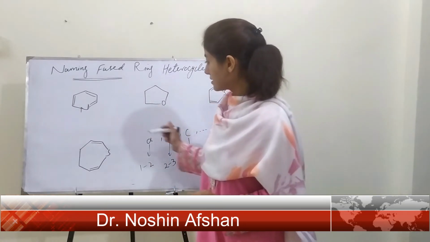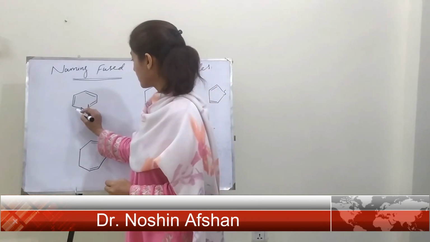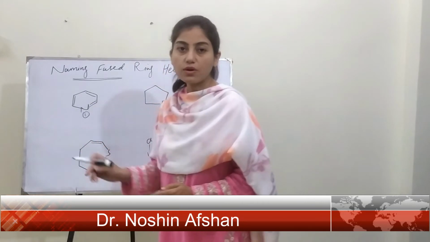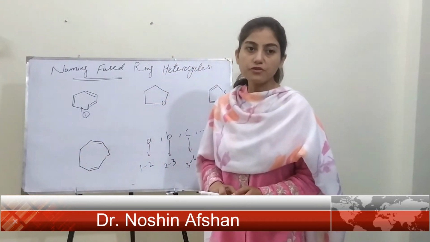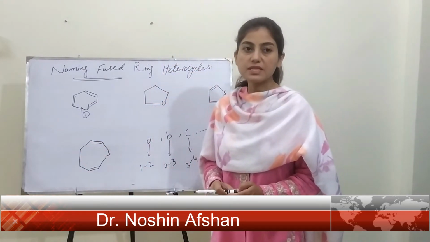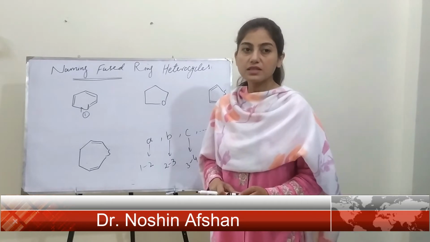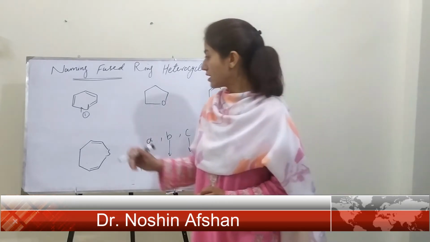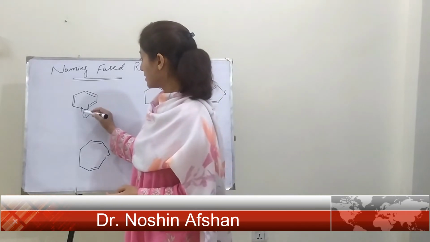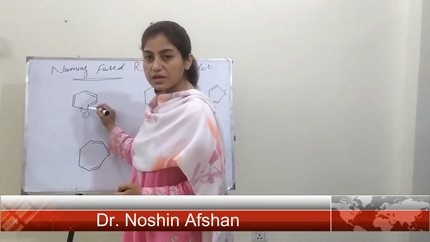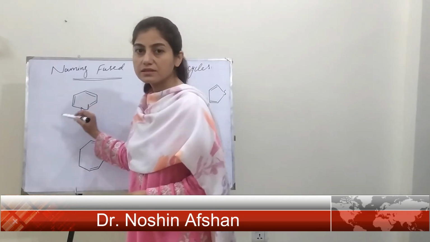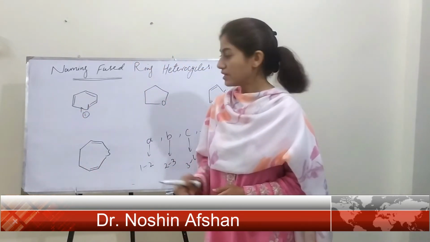So following this set of rules, the heteroatom is always given number 1, and if there is more than one heteroatom, then you have to keep in mind the priority order for the heteroatoms. So in this case, the nitrogen is given the number 1 position and this adjacent carbon would be given number 2,